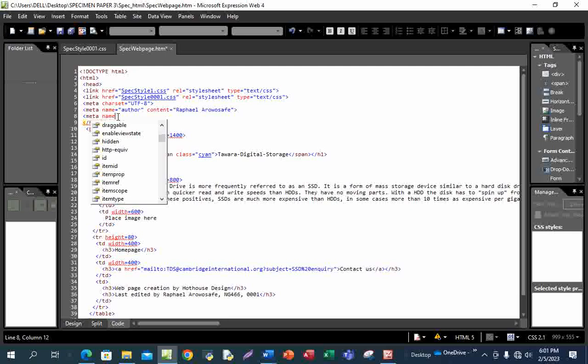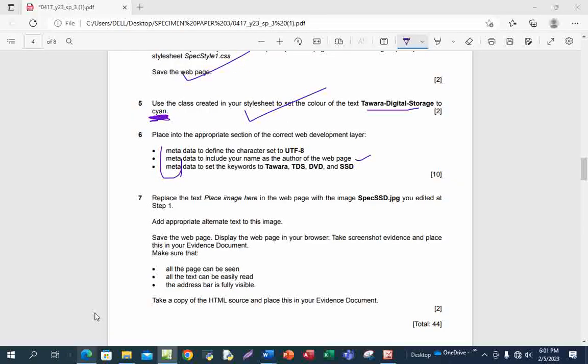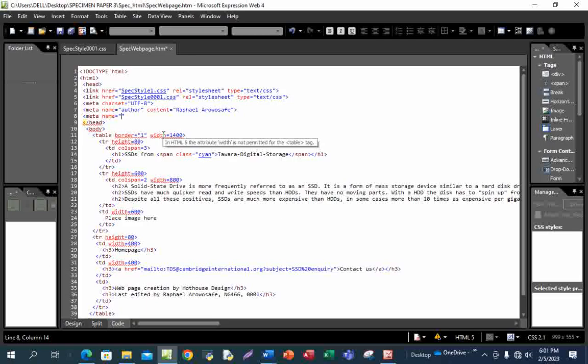Name. Then that will be keywords. Let me look at it. 100% accuracy. Keywords. Okay. Keywords. Then the content. The content is